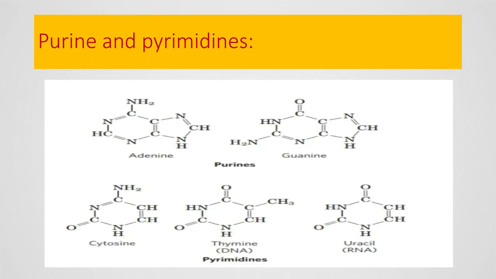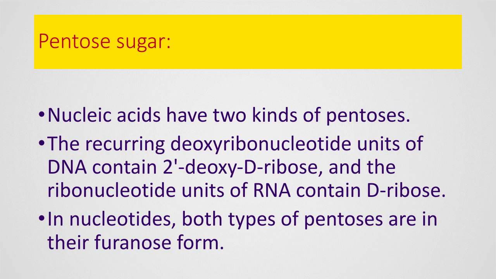Here are the structures of purines, adenine and guanine, and pyrimidines, cytosine, thymine, and uracil. Pentose sugar. Nucleic acids have two kinds of pentoses. The recurring deoxyribonucleotide units of DNA contain